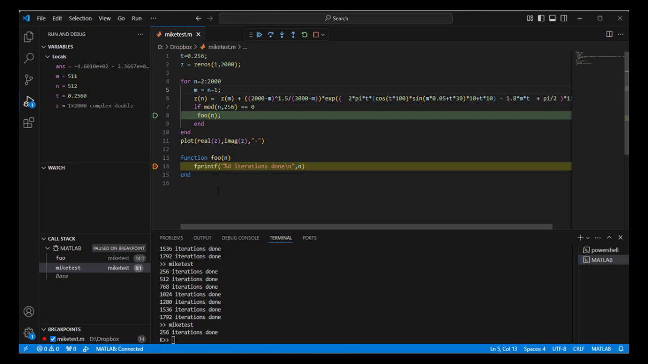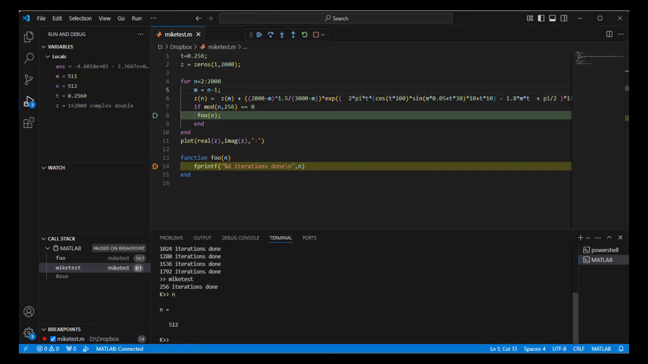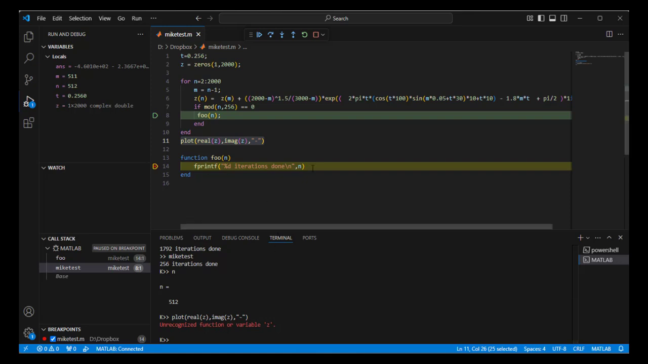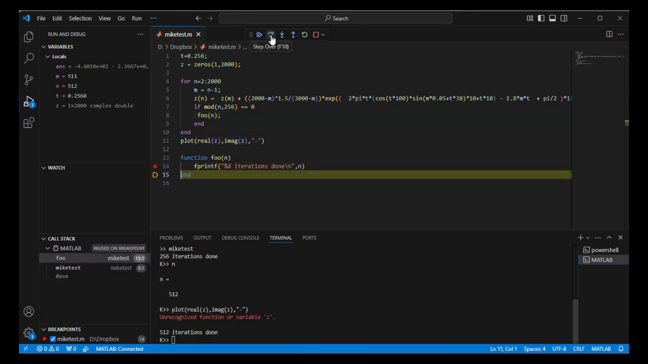The other thing that I can do here is I can type in commands at the MATLAB command prompt. So let's just say what n is, for example. So there you go, n is 512. Or I could do something more interesting. Let's copy and paste this plot command. Okay, so I made a mistake there, because inside this function foo, it doesn't know about the variable z. I need to actually come out of this function and be in the main script to be able to see z. So let's just step over a few times,